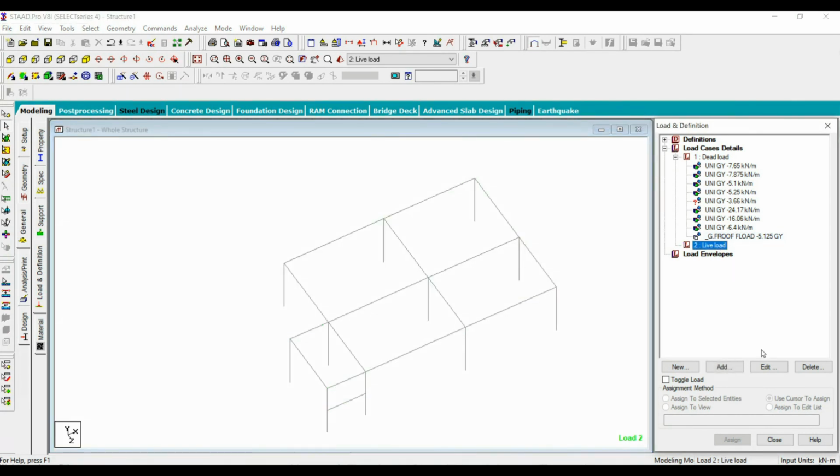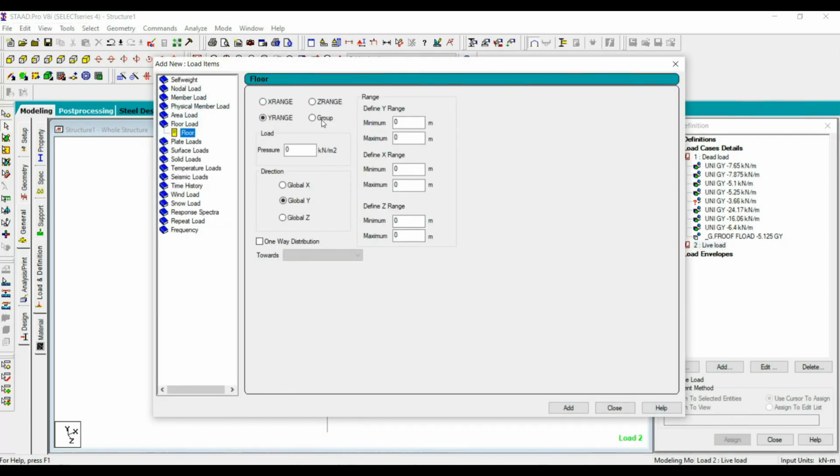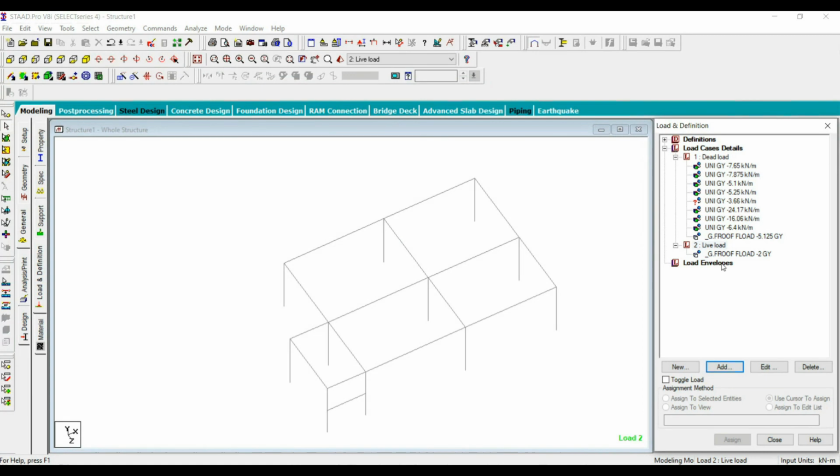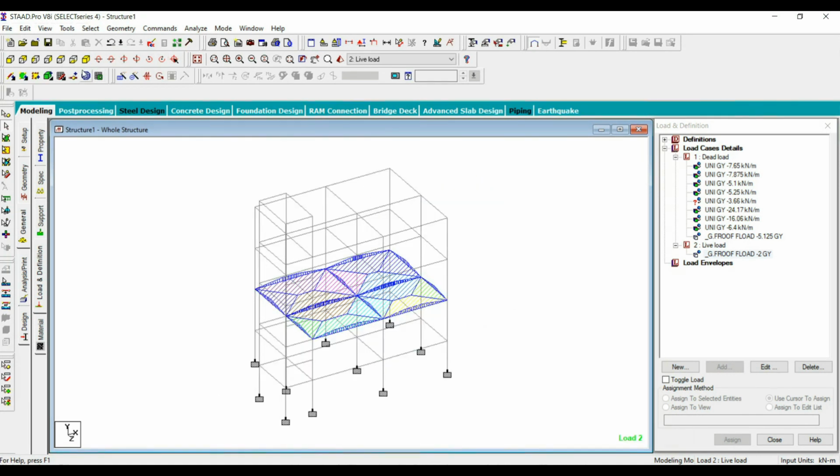Next, similarly we can add live load as well. Go to floor load, select group, ground floor roof, give -2, add. See, live load has been added, and I hope we have added all the loads for this floor. Next, let's go to the next floor.